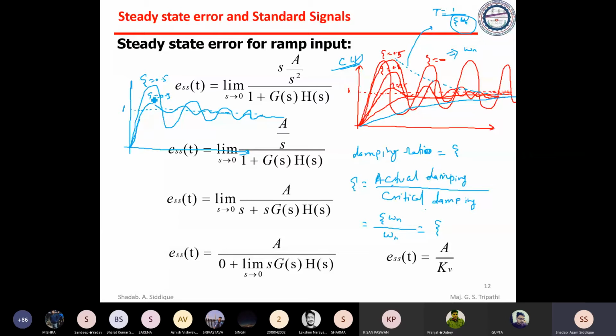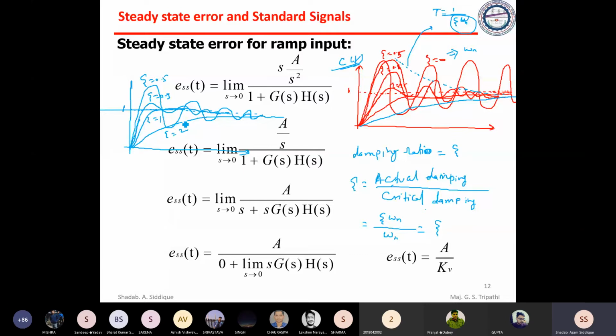If you increase zeta more, if you increase the zeta value to 1, then what will happen? It will come from this point, and it will be like this, settling down at an early stage. So this is zeta is equal to 1. If you increase zeta more, it will be sluggish, and it will settle down at some particular time. So this is zeta is equal to 2, or 3, or 4, but this zeta should be greater than 1.